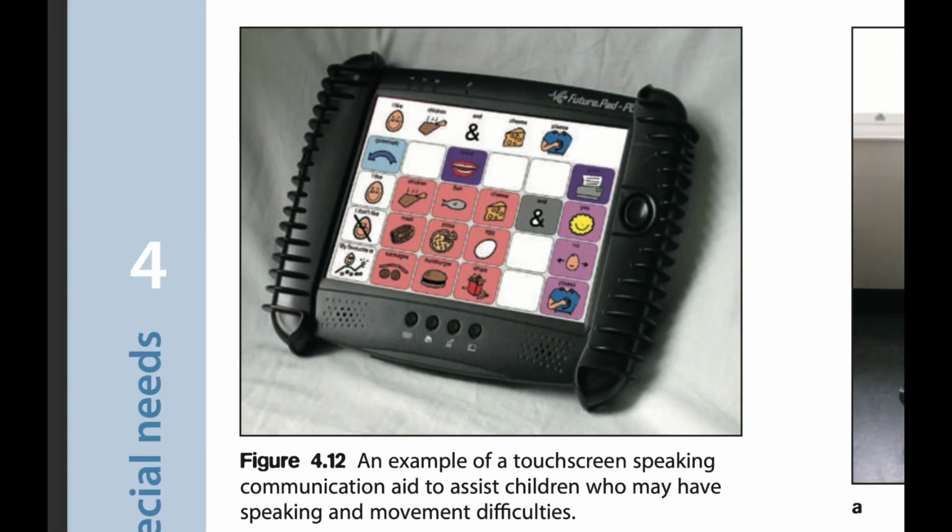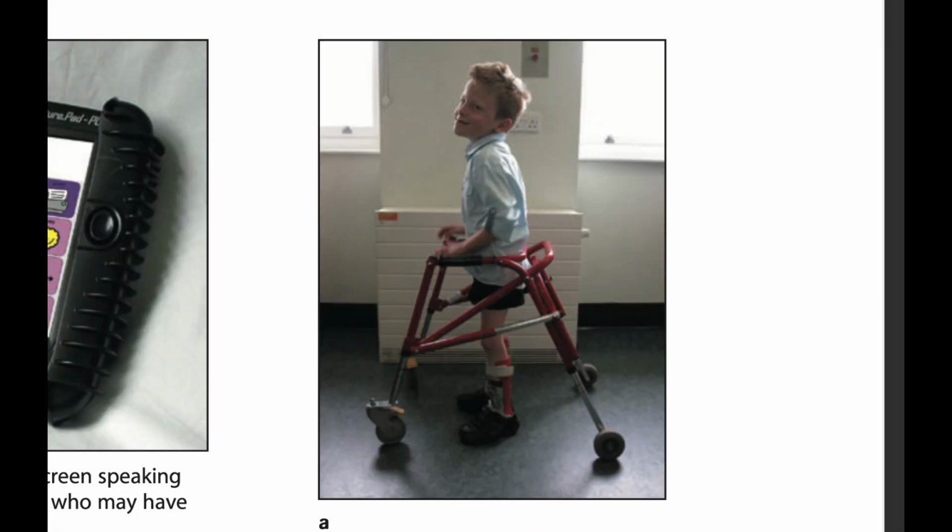as shown in the figure, sensory impairments, for example, cochlear implants. An example of a touchscreen is shown in the figure, to assist communication in children who may have speaking and movement disabilities. Children with severe visual and hearing impairments, specialized seating and wheelchairs, and orthosis are shown in